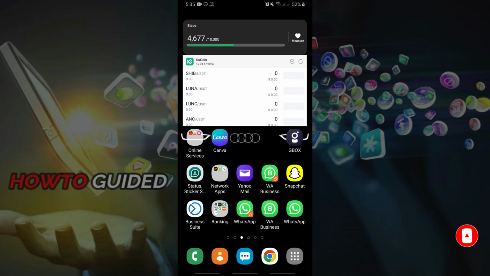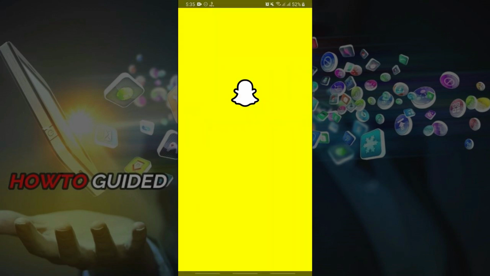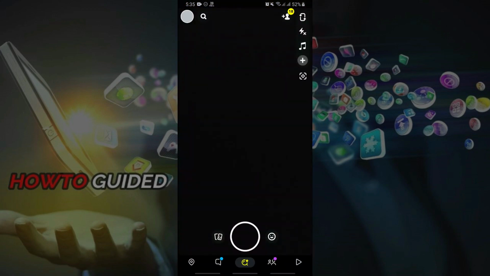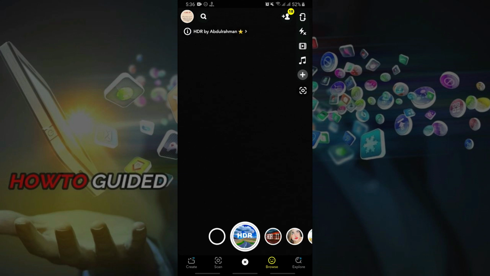First of all, you have to open the Snapchat application. Now my Snapchat application is loaded. Now you can see that on the bottom side, in the middle, a big white circle is present, which is used to capture the snap. But next to that icon, on the right side, a small smiley icon is present. If you want to load filters, you have to click on this smiley icon, and now all of